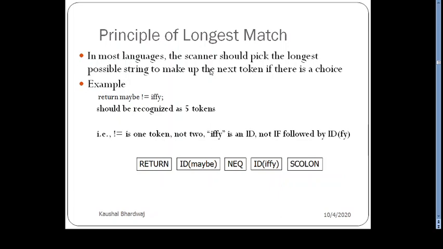Now there is an example: return maybe not equal to if i semicolon. So here, how many tokens are there?